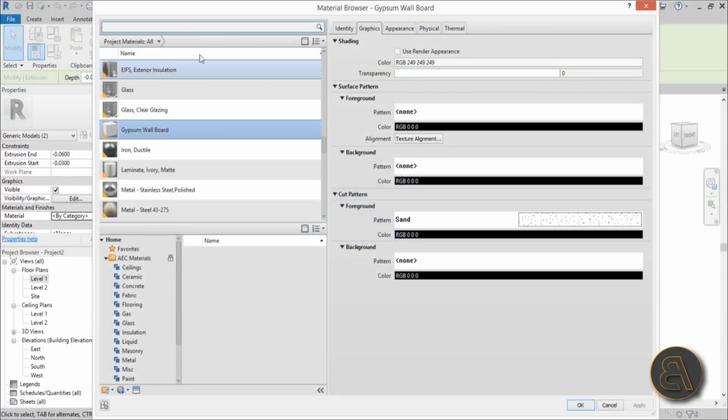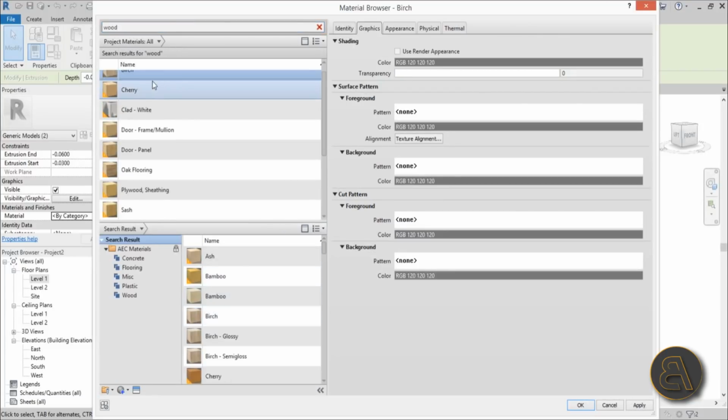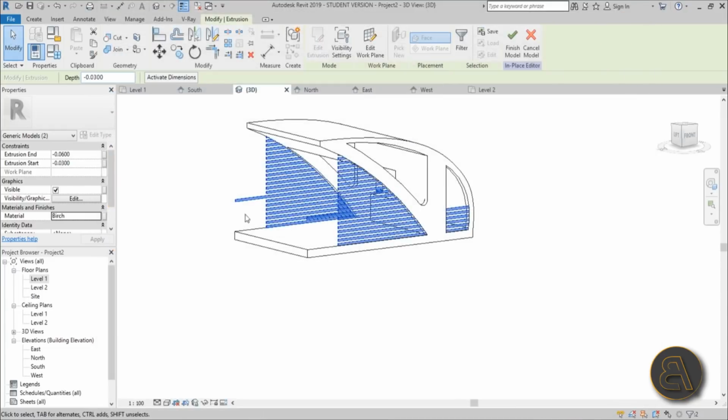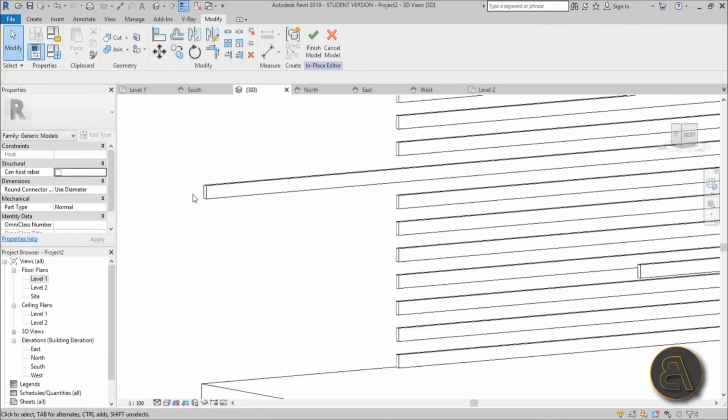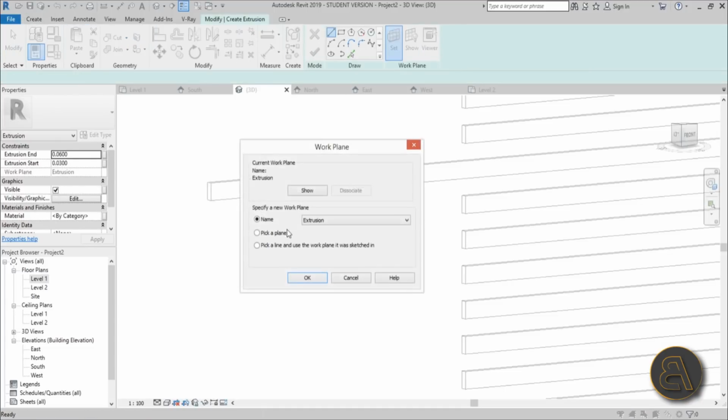So just go here to material, and let's just type in wood, and let's see what we get. Yeah, I like to use this birch wood, so I'm just going to be loading that in, double click, and the material is set. And now just go over here, go again create, extrusion, set work plane, pick a plane,